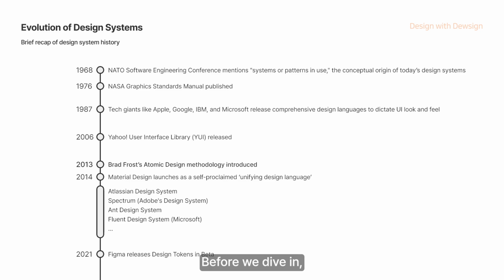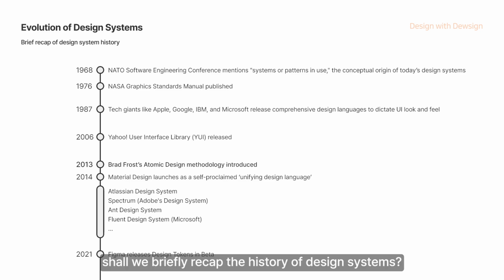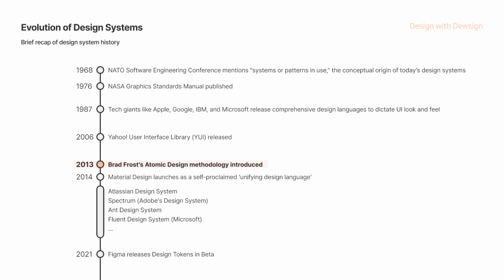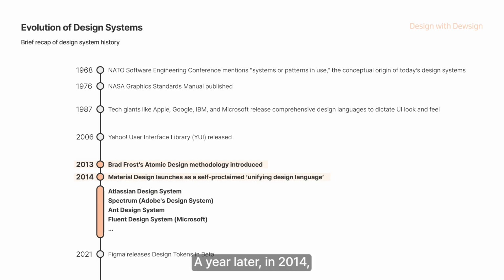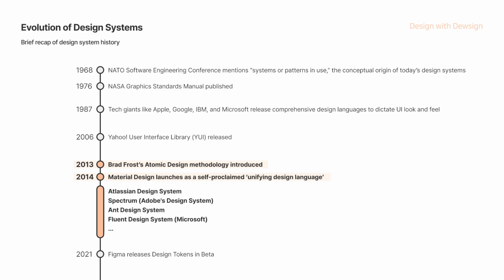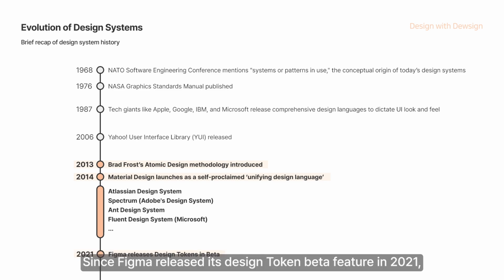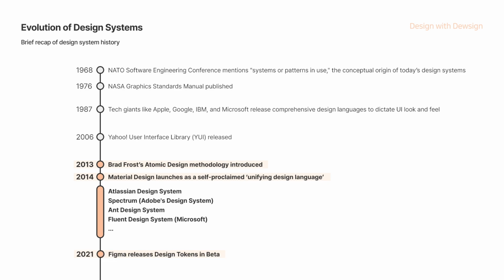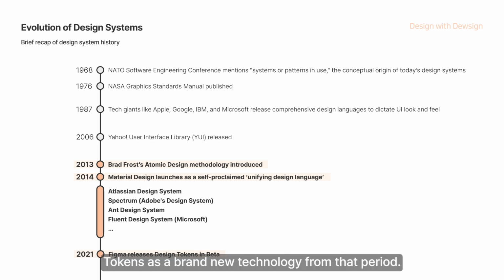Before we dive in, shall we briefly recap the history of design systems? In 2013, the atomic design methodology was introduced. A year later, in 2014, Google's material design made its first appearance. Since Figma released its design token beta feature in 2021, you might think of design tokens as a brand new technology from that period. However, the concept of variables was already being used in development environments since 2014, when design